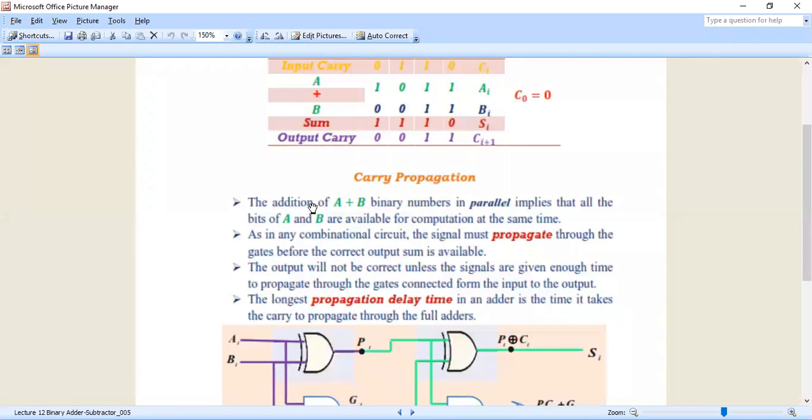The addition of two binary numbers in parallel implies that all the bits of A and B are computed at the same time. As in any combinational circuit, the signal must propagate through the gates before the correct output sum is available. Here, the output will not be correct unless the signals are given enough time to propagate through the gates connected from the input to the output. So in this diagram, see,